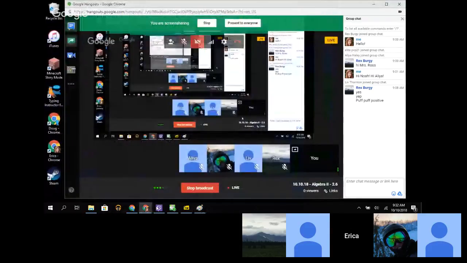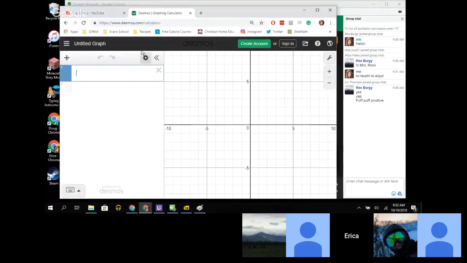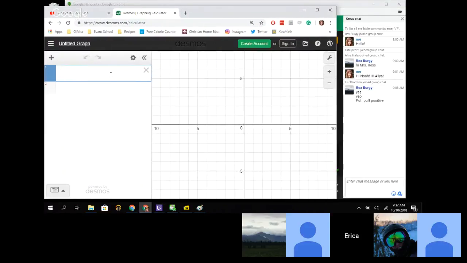Okay, so let's see. This is Desmos. You can do this also in your TI calculator, so I'm happy to show you how to do that. What we're going to do is we're going to make a table. Why is it not letting me make a table? Oh, I need to add a table. There we go. All right, so we're going to make a table of,